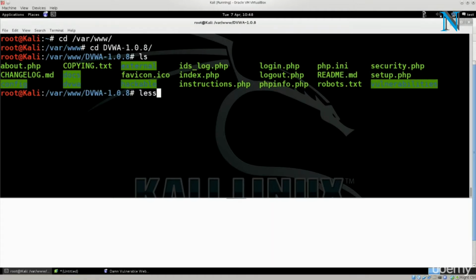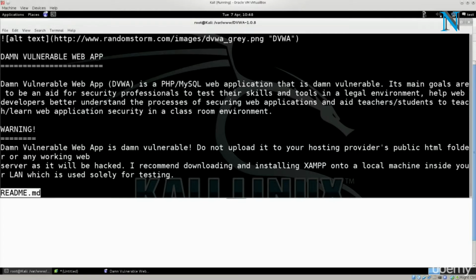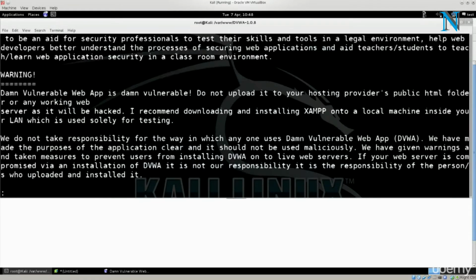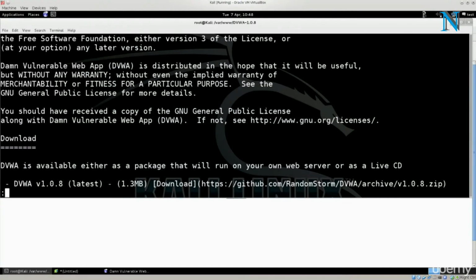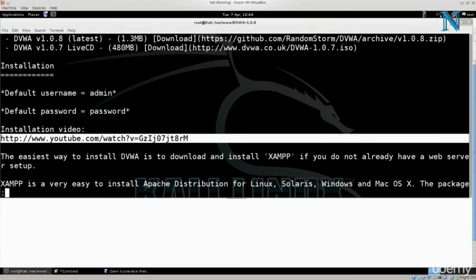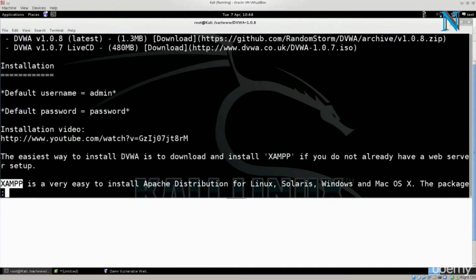So let's just go ahead and open up the readme file, and you have a lot of explanations here. Feel free to go ahead and read through them. Well, actually there aren't that much of it, but there are some useful things. So it says default username is admin and default password is password. There is an installation video as well. I mean, I've already showed it to you, but you can go ahead and feel free to watch this version of it as well. I don't think that you'll see anything extremely different, but they use XAMPP to actually run